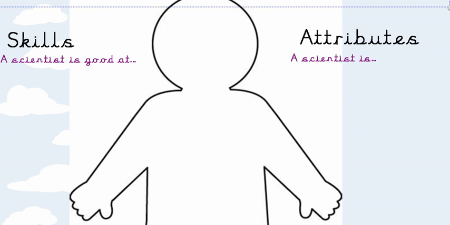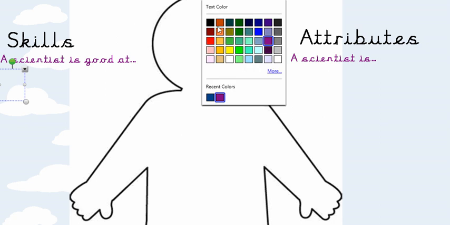Okay, so first we need to think about, if you're a scientist and you're looking at and learning about the world, what skills do you think you're going to have to be good at? Which skills do you think you're going to have? A scientist is good at. So I'm going to put here, a scientist is good at. I'll start you off, everybody. Let's choose a different colour, shall we, so we don't get confused. A scientist is good at, there we go,